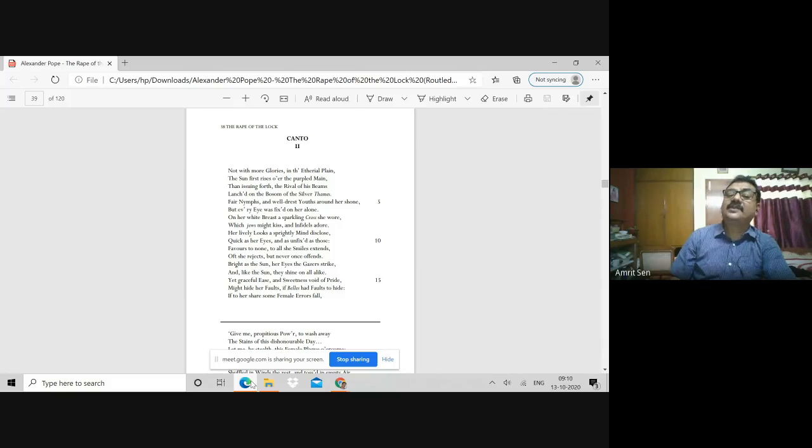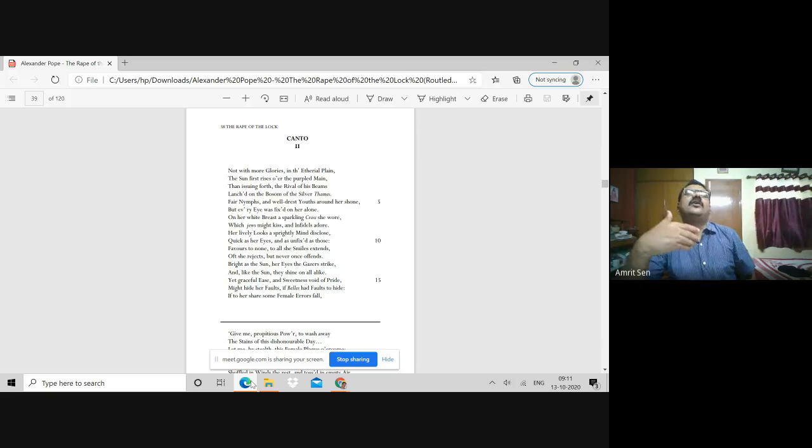Where nymphs and well-dressed youths around her shone, and you see how focused Pope's entire act of providing beauty to this poem is, but every eye was fixed on her alone. You see, this is the way in which Belinda, despite being part of the feminine world of this mock epic, is provided a degree of amplitude, a degree of sublimation, whereby she attains an epic dimension of beauty in her own right. That's the way in which Belinda is created as a sublime,